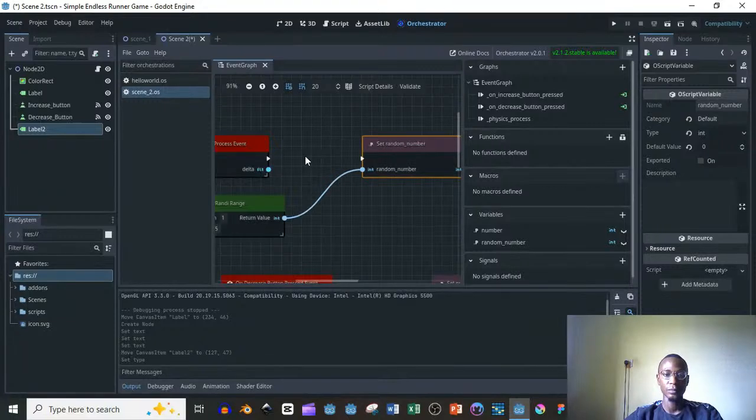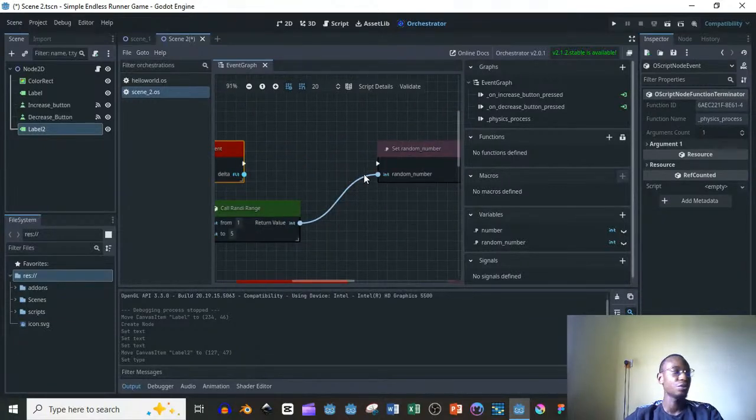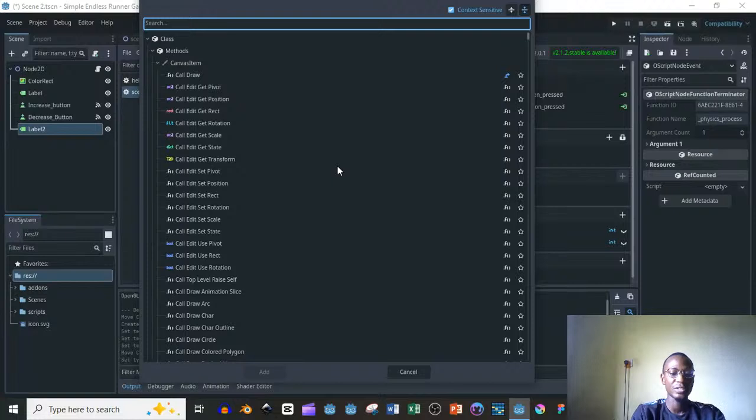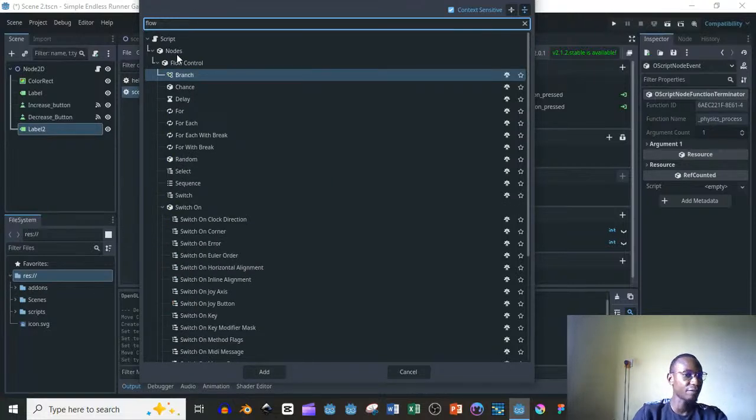So now, for it to do that, it needs to be doing it automatically, continuously. To do that, I can use a timer, but for this particular one, I'm going to be using a while loop. In case you have never used a while loop, because we're trying to talk about looping right now, if you want to do your conditions here, I'm going to right click, and if you type flow, you see that you have the flow controls. You have the branch. The branch is just like if statements, okay? So I'm just going to go down and get my